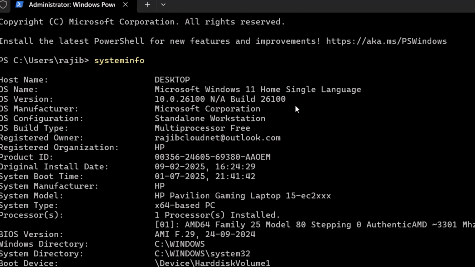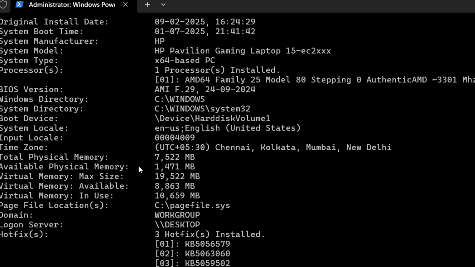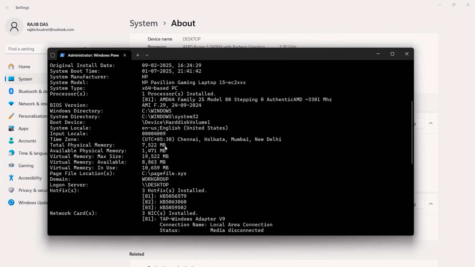So here you get much more information, like the host name, OS installation version, original OS install date, product ID, system boot time, system manufacturer, and model number. You can also get the total installed memory. So that's the way you can get all the information.